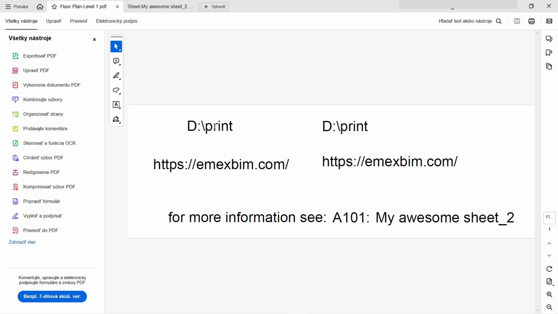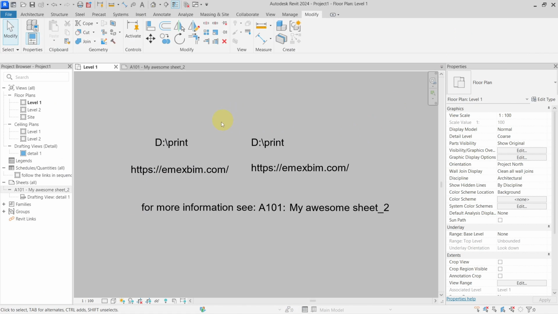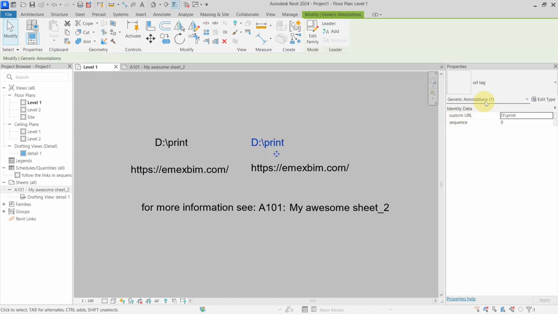Yes. Now you can see that I was able to use it as a view reference even in my PDF files. So these are all of the tactics of how you can use references inside of your Revit projects, and also when you export them to PDF files. And also one last thing which is quite nice about using these generic annotation families is that you can even use them to go to custom URLs which are